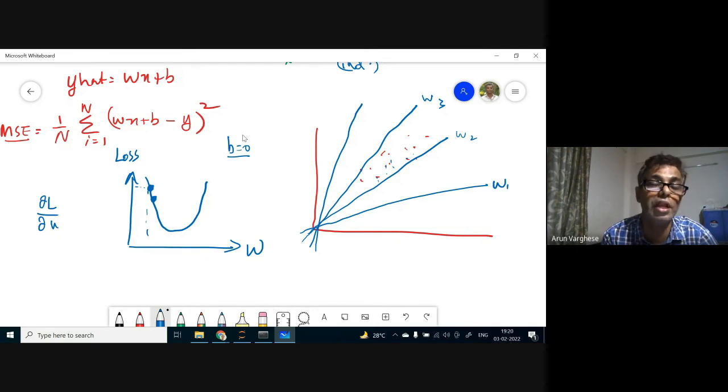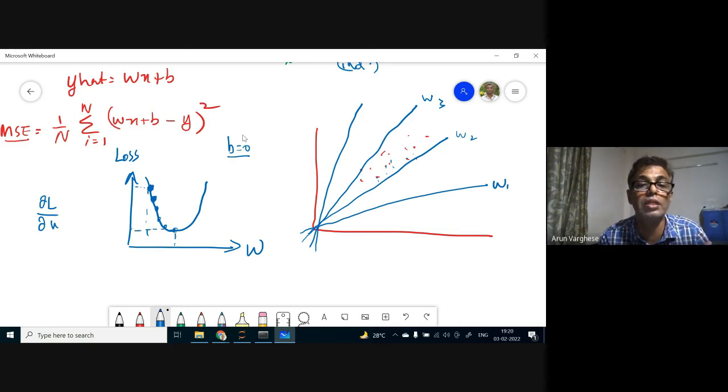Here also the gradient will be negative. So if the gradient is negative, increase W. That's what the gradient descent algorithm is. Again, gradually I'll move to the bottom of this curve, from which I can find the